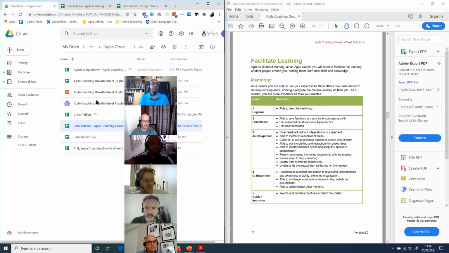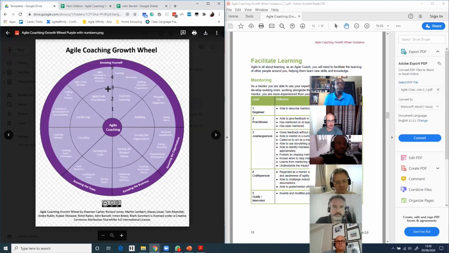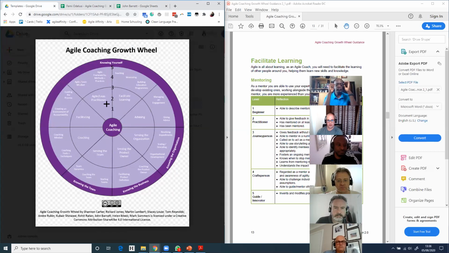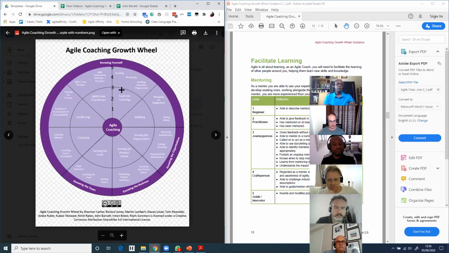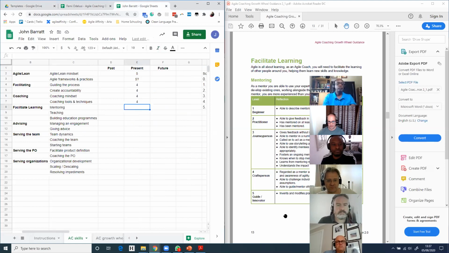Yes, so let's get the paper version of the wheel up a minute. So we jump across a little bit here. We started in the Agile Lean Practitioner, which is just to the left of the center, before going to facilitating and coaching, which are on this left-hand side. And now we're doing the other two core competencies, which are to the right of the center of the wheel. So now we're in facilitate learning. Good point, Rick, for those filling in the analog version.